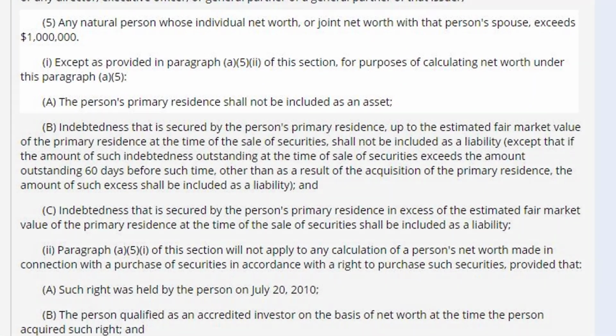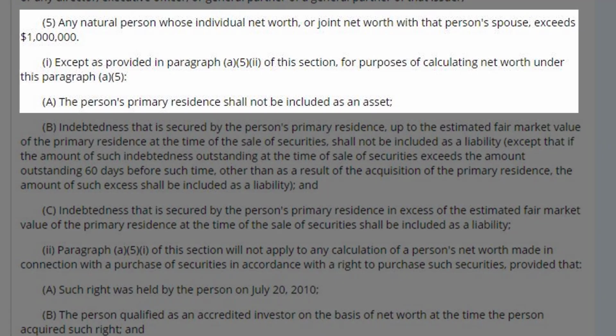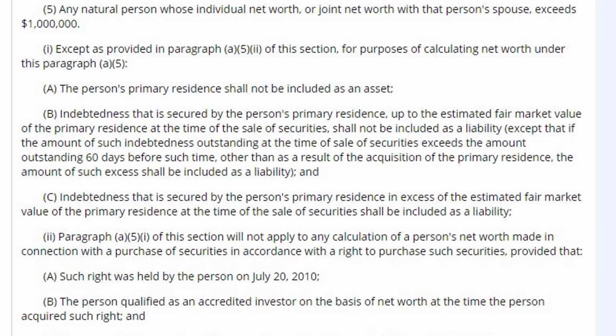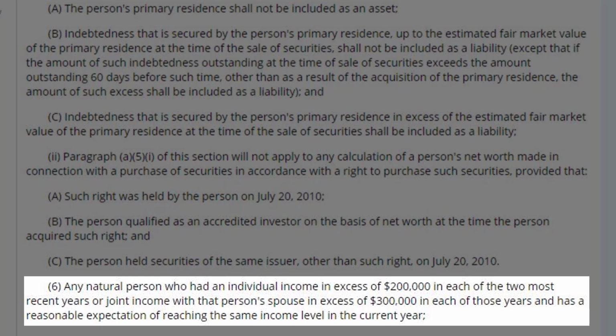Many sponsors also require investors to be accredited, which essentially means that the investor has either $1 million in net worth, not including their primary residence, or they've had an individual income of at least $200,000 for single tax filers or $300,000 for married couples in each of the 2 most recent years, with a reasonable expectation of reaching that level of income in the current year. But don't let that scare you away. For investors that aren't accredited, there are generally still options, assuming those investors have the knowledge in the space to be able to make that investment.